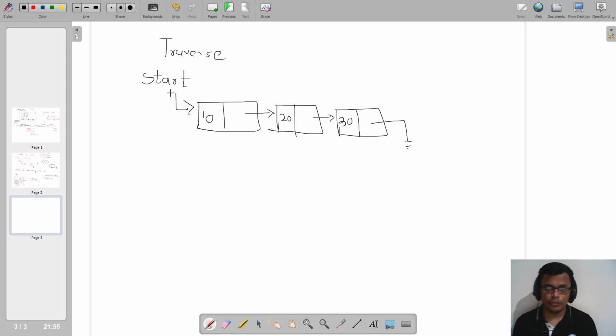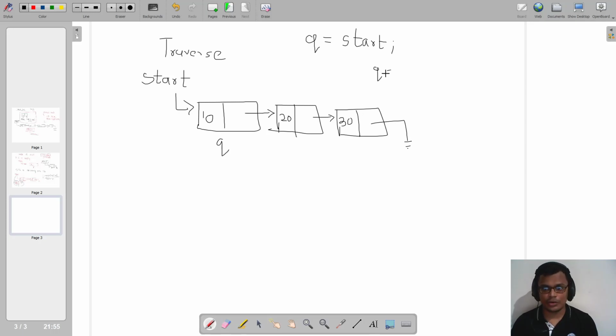In order to move on these nodes one by one, I take another reference pointer that is Q. Initially, I assume that Q is start. So this will become Q because this node itself is my starting node, right? So I'll print Q's data. After I print Q's data, then I'll go to the next node.